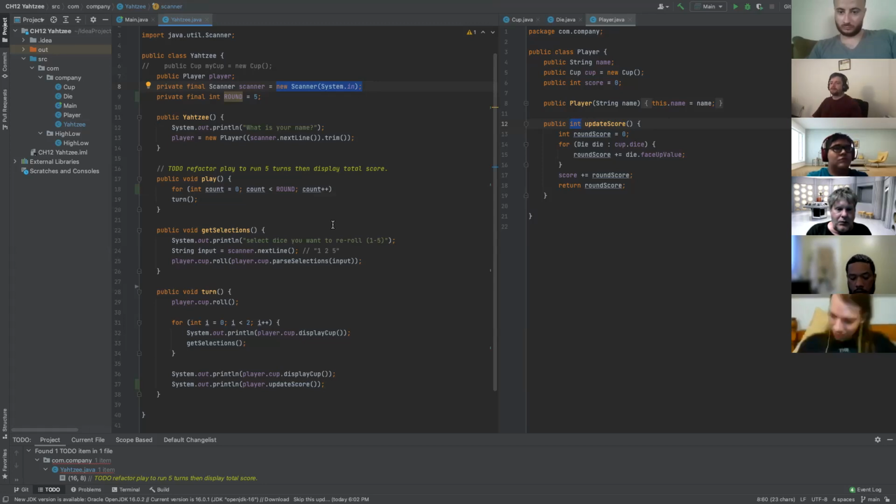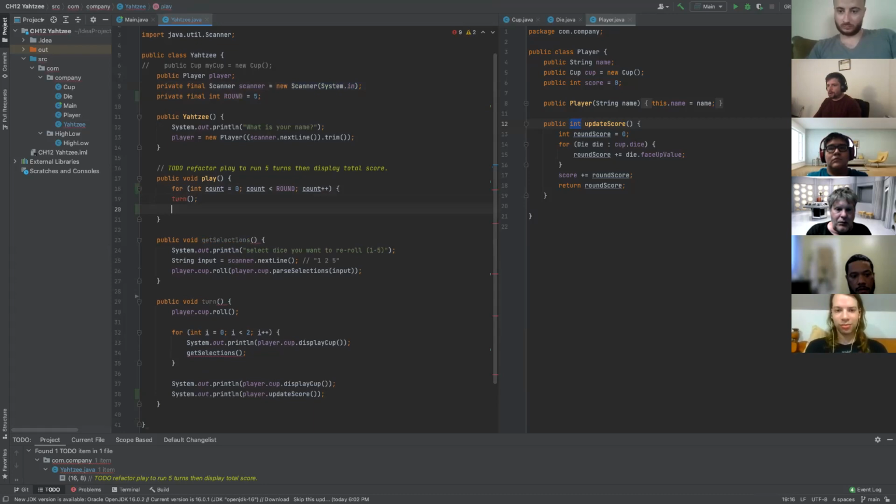This is saying that it could be a local variable. Does it mean that we should include it right under play? Is that what it's yelling at you for? Probably it's warning you that it's only being used in one spot. So yes, you don't need it as part of the class. And that's part of the idea of count. Like if we put count up there, we're only using it in one method. It doesn't need to be